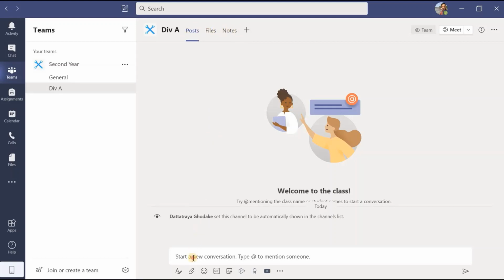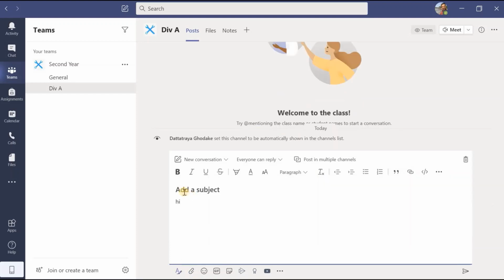And inside post, if I want to send messages, I can put here hi, and I can use all these options once again. If I want to make use of all these for writing my message, I can write here. If I want to add the subject, I can add the subject. If I want to add an attachment, I can add it here: emoji, GIF, stickers.